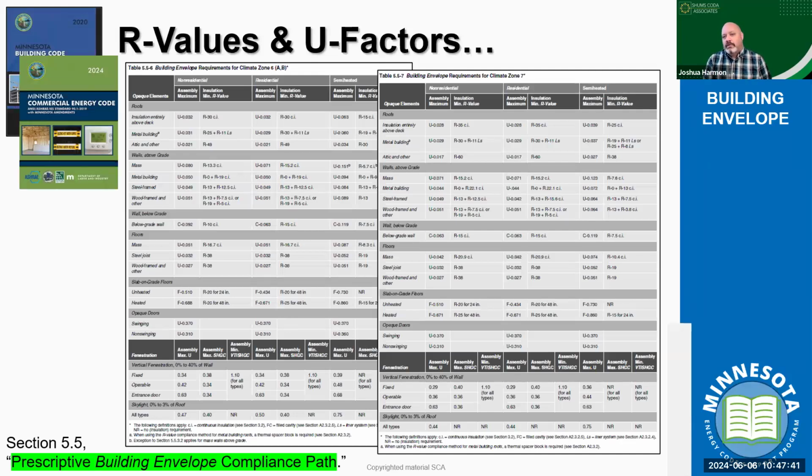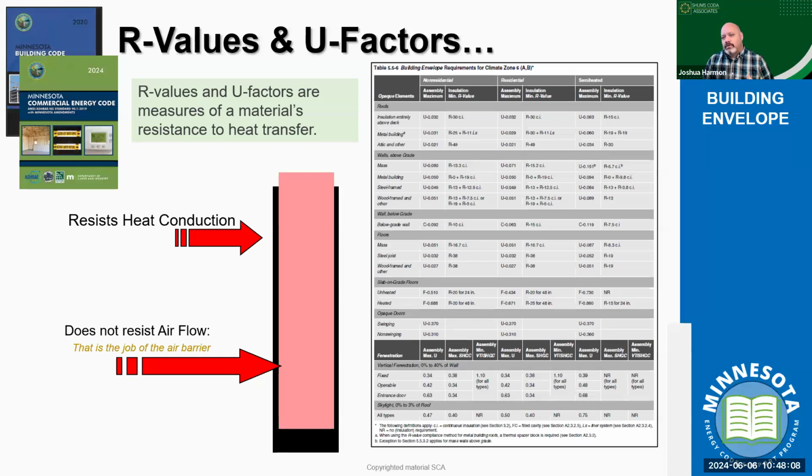But from a prescriptive measure, we've got these tables, right? The tables that everyone says, tell me what to do and I'll do it. And in those tables, we identify all those different systems and we'll have deeper conversations about that. But remember, when we look at those tables, we're isolating them by both our space type as well as our assembly or component type. And then within those components, we're going to identify their R values, U factors, and heat conductance capacity.